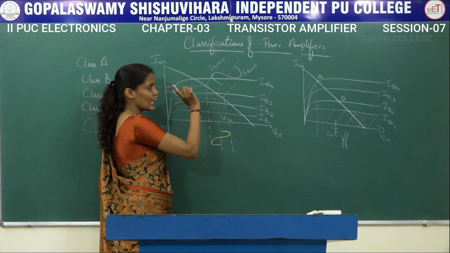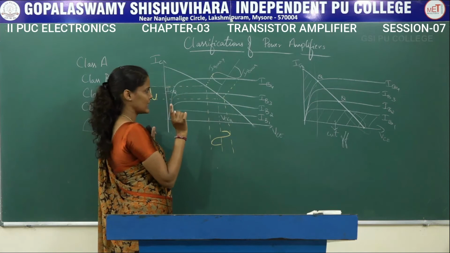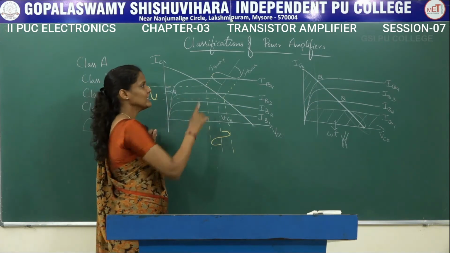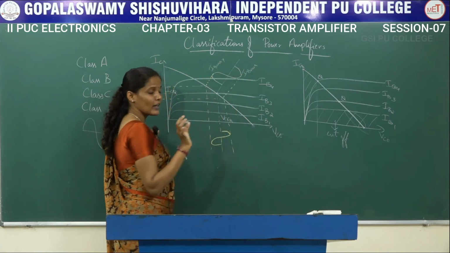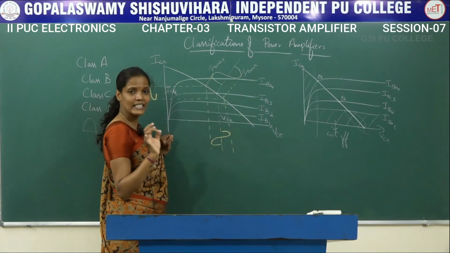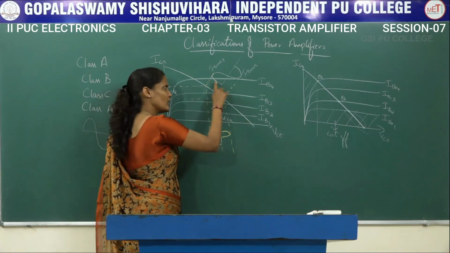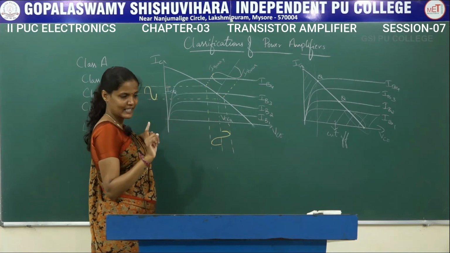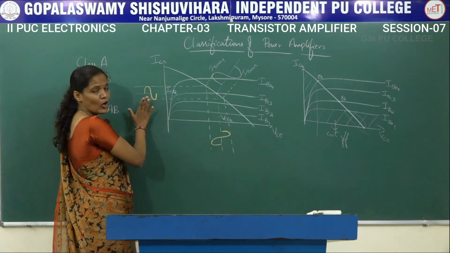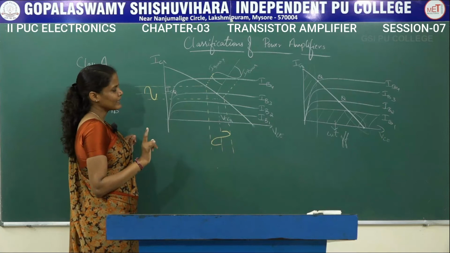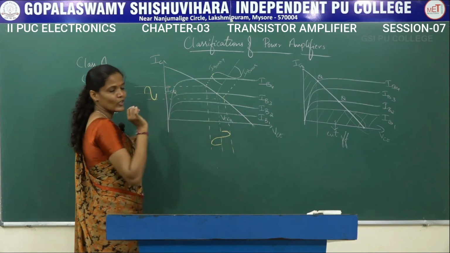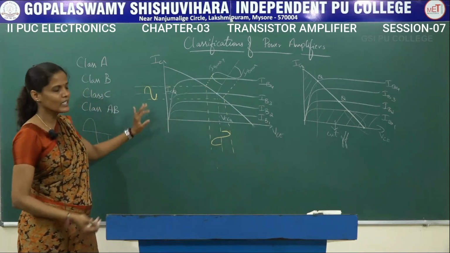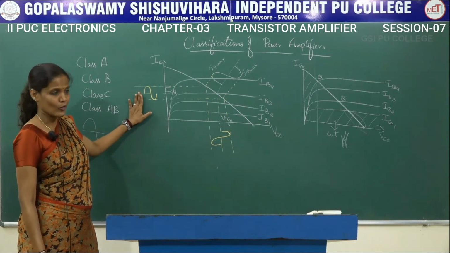So if I consider only the first half cycle, that is only the positive half cycle, that is 180 degrees of the input cycle. And if I consider only the negative half cycle, again that is another 180 degrees. If I am going to consider the entire one cycle, then it is 360 degrees. So we are going to get the output collector current at an angle of 360 degrees of the input cycle. And for the full cycle of the input, I am going to get the full cycle at the output signal.